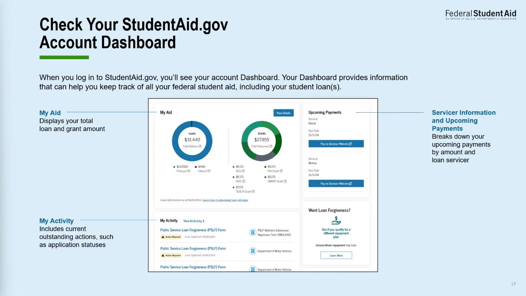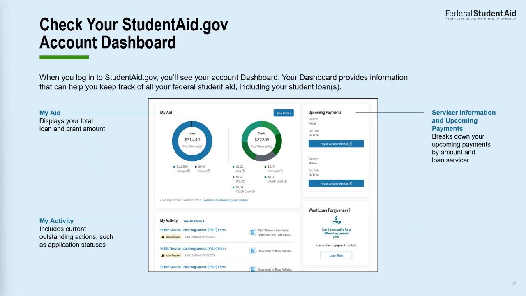You'll also have a My Activity section. So if you're wondering, did I submit an IDR application? Did I submit a public service loan forgiveness application? Are there any actions that I'm missing? I haven't heard anything. Should I be doing something? This is the most accurate opportunity for you to get that information.